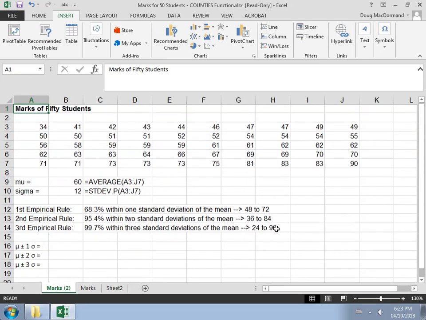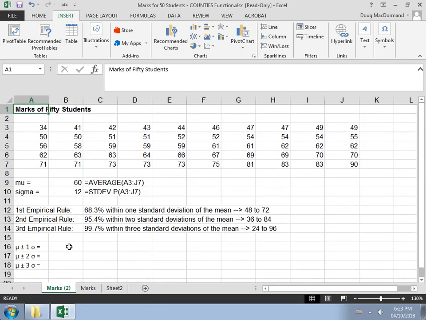Okay, let's go back up here, and I'm going to click in B16, and I'm going to use a COUNTIFS function that will count how many of these 50 values up here are between 48 and 72. That's our first empirical rule. So make sure that I've chosen the right cell, so in my case then B16,